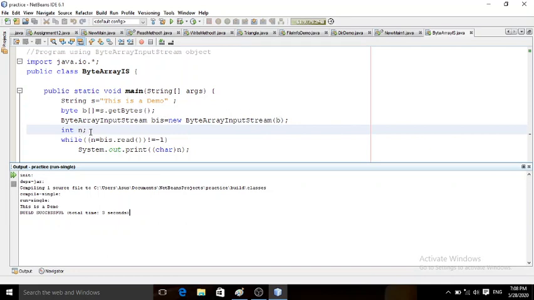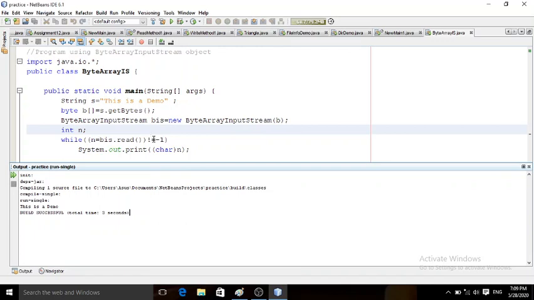We have declared an integer n, and in this integer n we are reading byte by byte data by using the object bis up to the end of our input stream, that is while n equals bis.read, if it is not equal to -1. Whatever byte we have read in n, we will convert into char and display. So first byte, then second, then third, up to the end of stream.